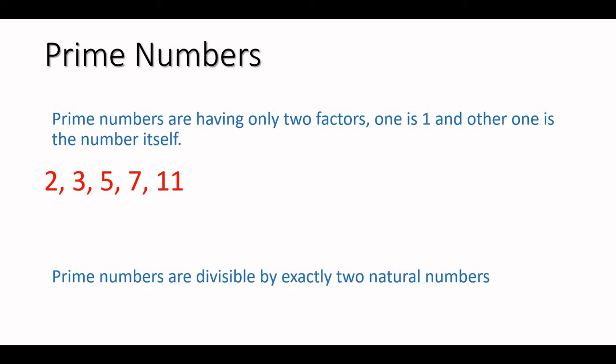And you can observe that prime numbers are divisible by exactly two natural numbers. Say 7 is divisible by 1 and it is divisible by 7. Now you can say that 1 is not included because it is only divisible by one natural number, 1 itself. So 1 is excluded. Now we'll generate this code.